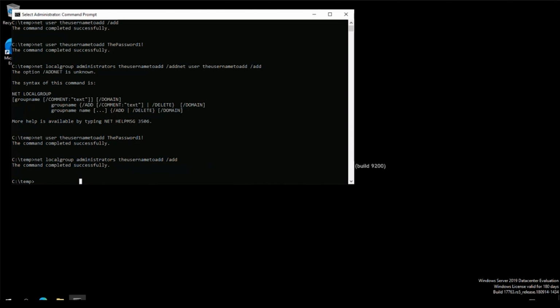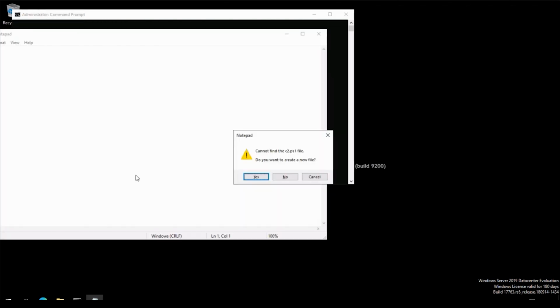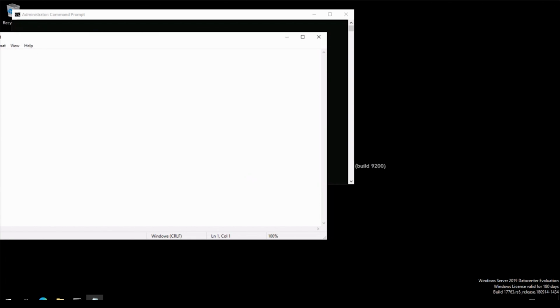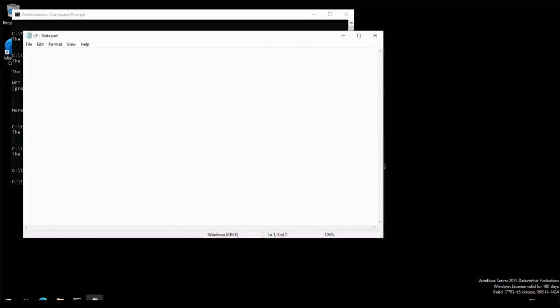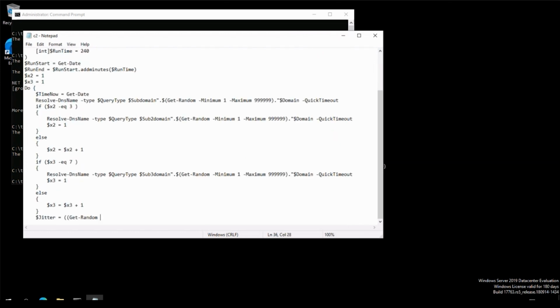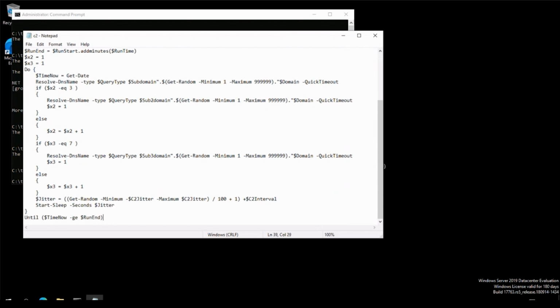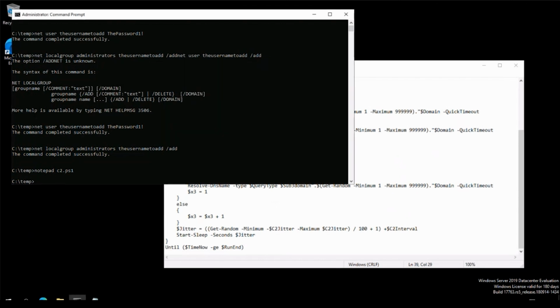So now let's go through this again. We're going to open up PowerShell in here, and we're going to run a script. Yes, we want to create a new file. In here, we're going to generate a malicious file. Okay. So we're going to save this file, and then we're going to run this file. So let's go ahead and run this file here.